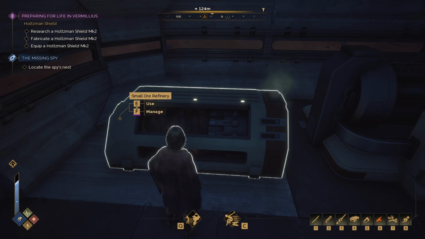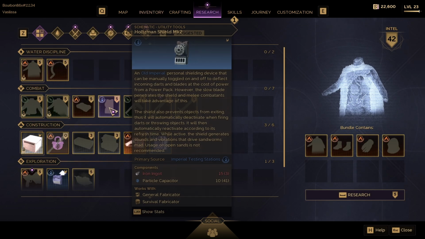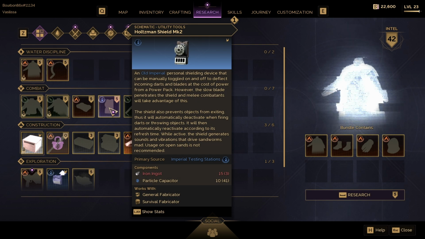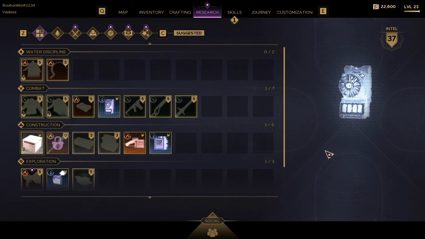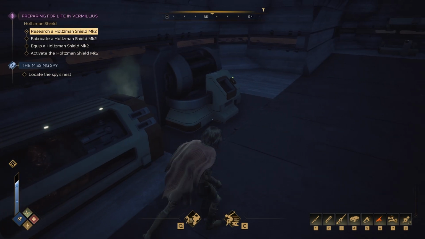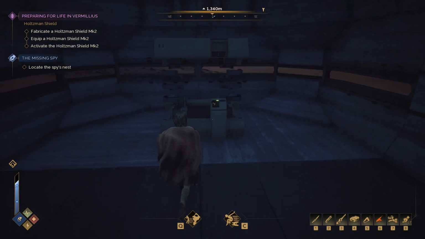Sweet. So next we need to get a shield, and that is, believe me, very, very important for the journeys to come. So let's go into research, and the Holtzman shield MK2. Let's research that. Awesome. Okay, so now we need to fabricate one. We should have enough materials overall,